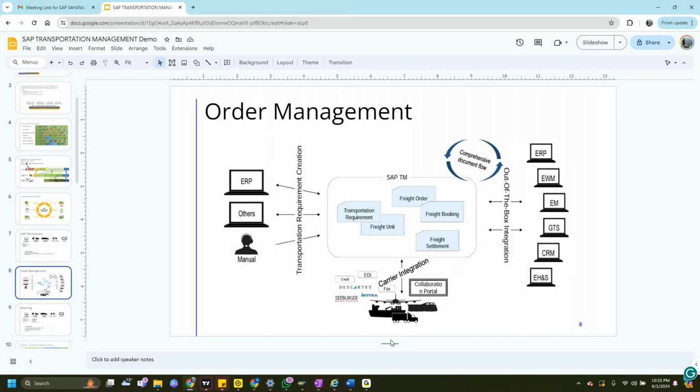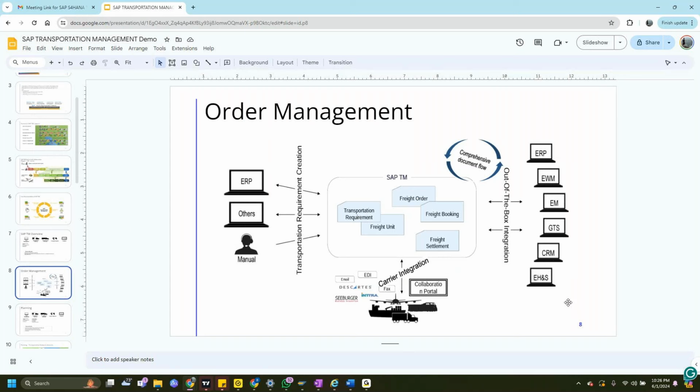Apart from SAP, these are all the integrations that we have. So collaboration portal, what is a collaboration portal? There are multiple collaboration portals like Intra, and we have LBN within SAP, which acts as an intermediary cloud service to have an interaction between our company's TM resource and the carrier's TM resource.